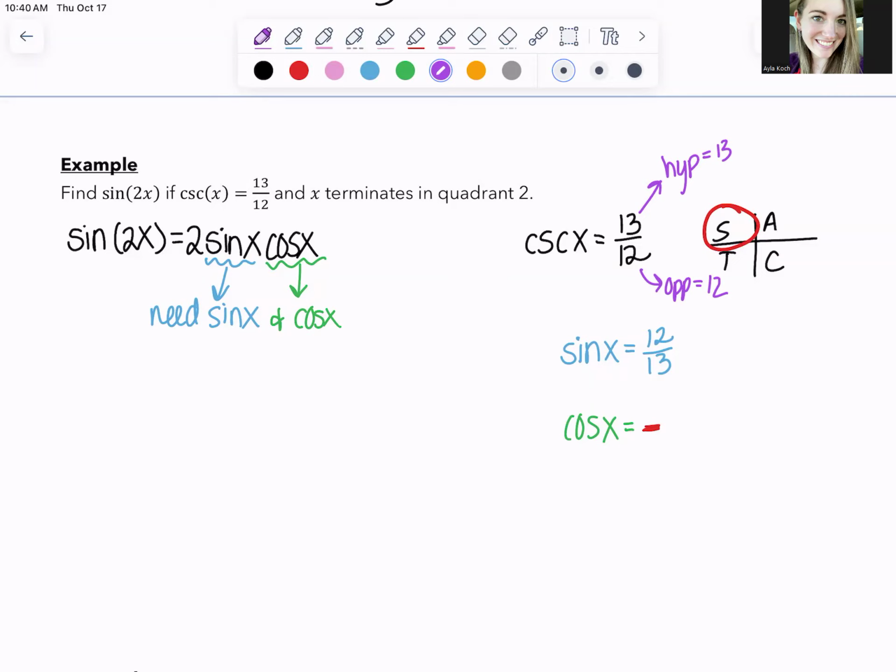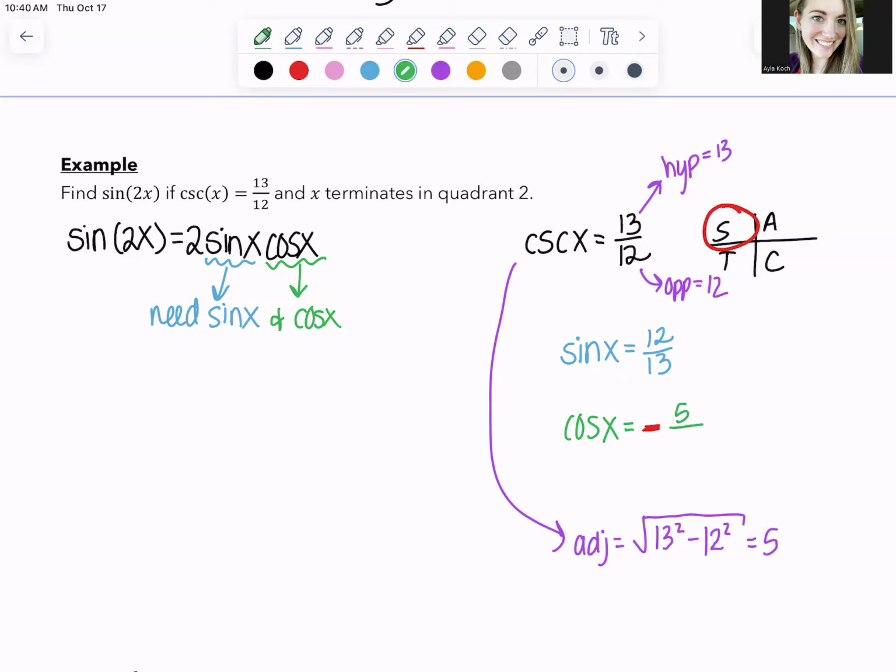What we're solving for is the adjacent side, which is just a leg. So this is the square root of hypotenuse squared minus the other leg squared. And that should be 5. So the adjacent is 5. So cosine, adjacent over hypotenuse, is adjacent 5